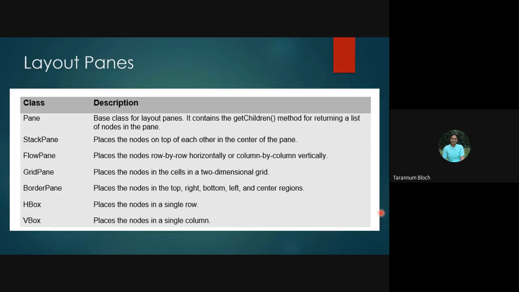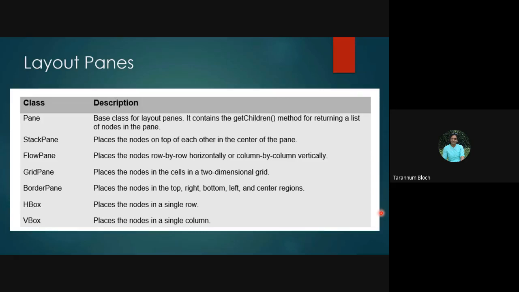So we have a class Pane, and Pane is the root class, or you can say the base class, of all the layout panes. The others are the children of the Pane class. So Pane is the parent class, and we have StackPane, FlowPane, GridPane, BorderPane, HBox and VBox. These are the children of the base class Pane.